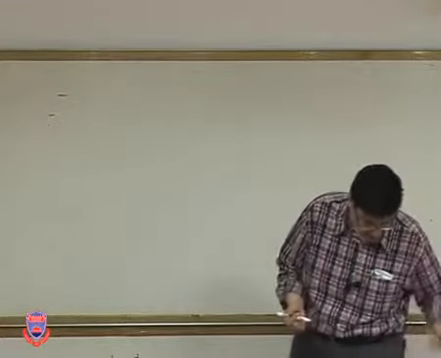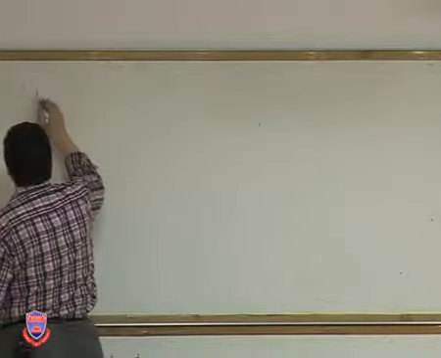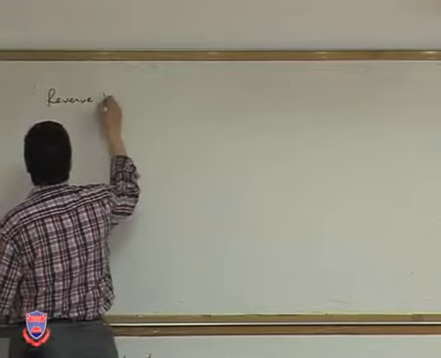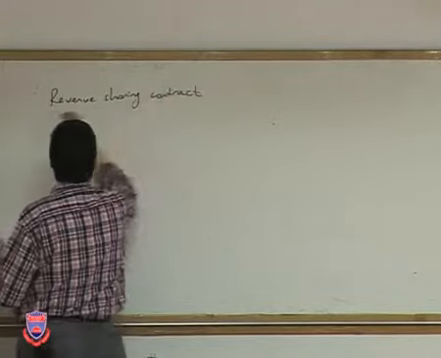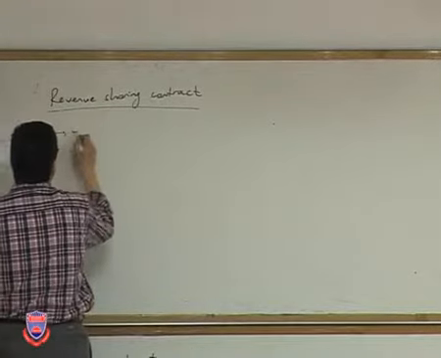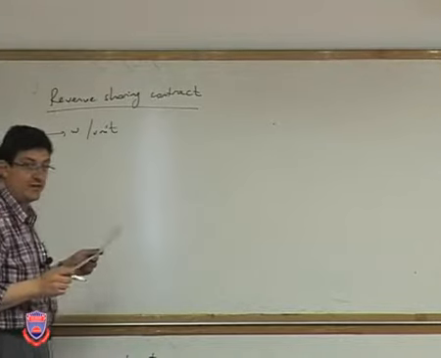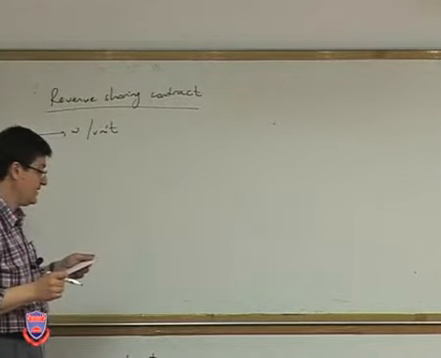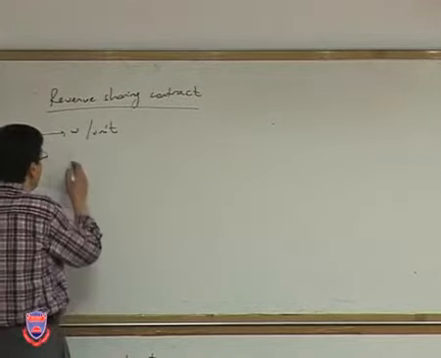Okay, so revenue sharing contract. So in the revenue sharing contract, W per unit is charged for each unit transferred to the retailer, to the buyer, and the profit share